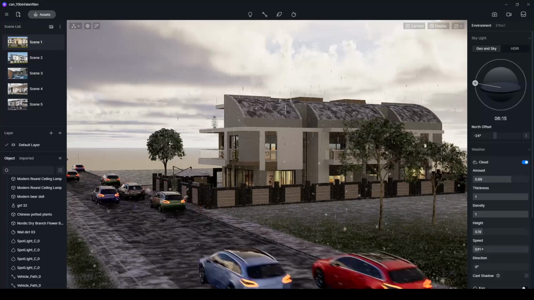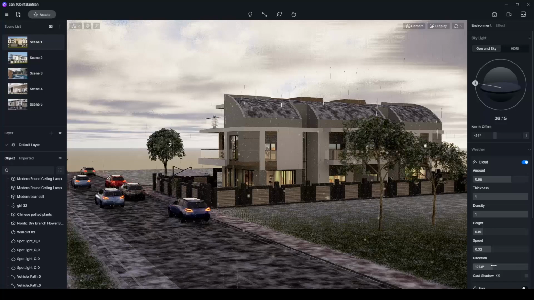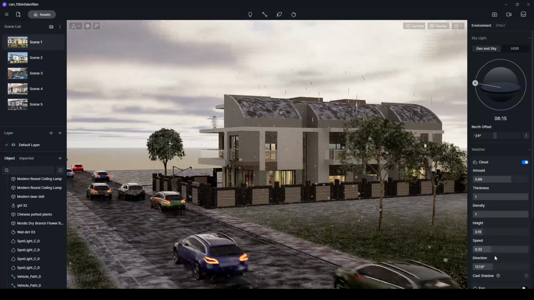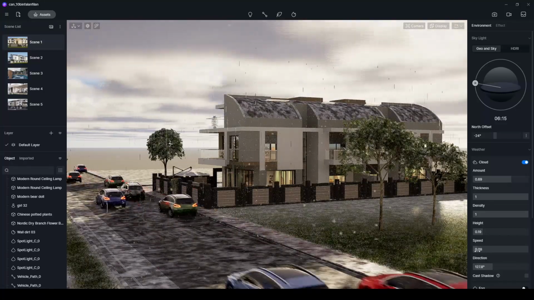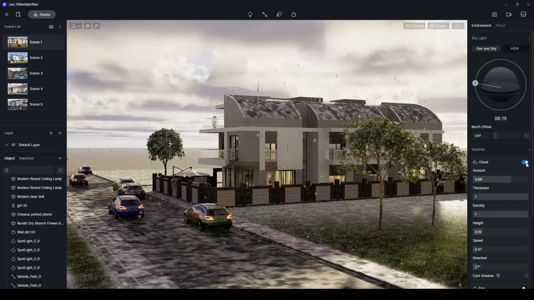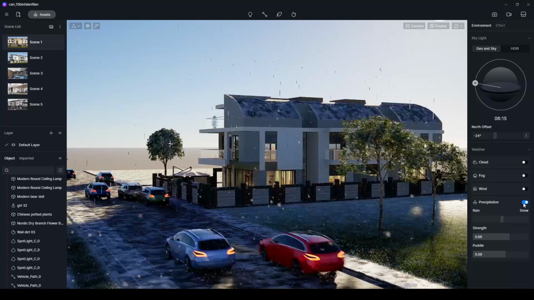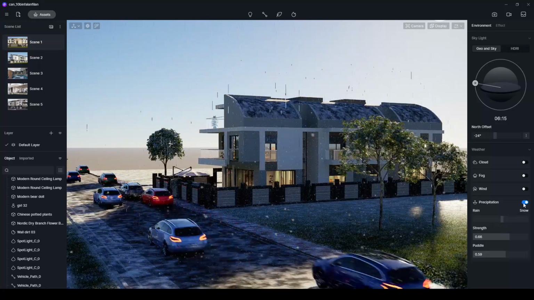We can change the speed and direction. Those can be very useful when you are making animations. Cloud on and off. And let's turn off the precipitation.